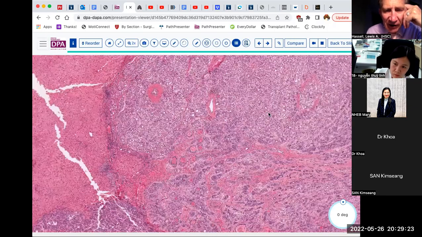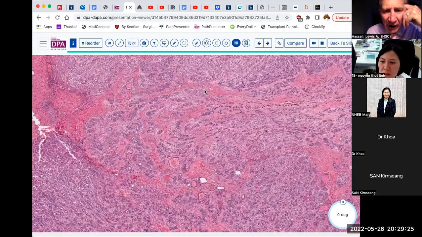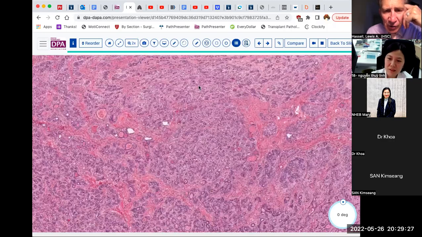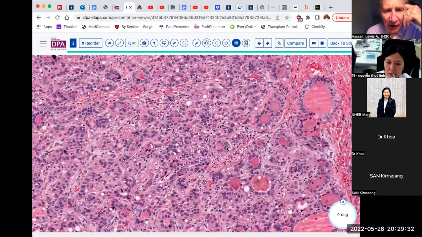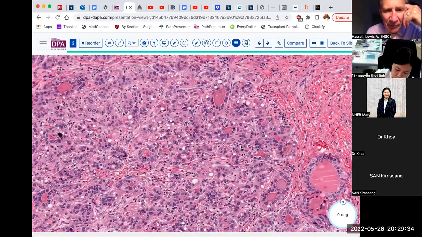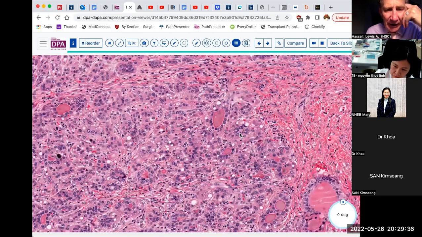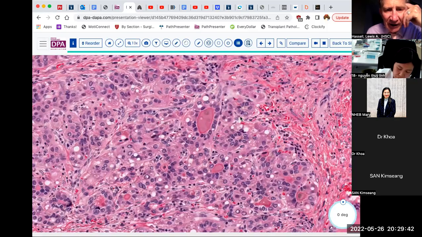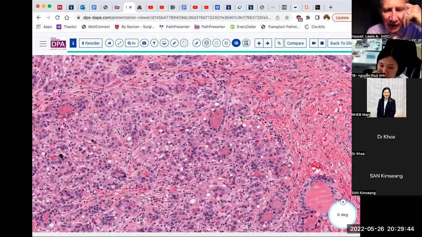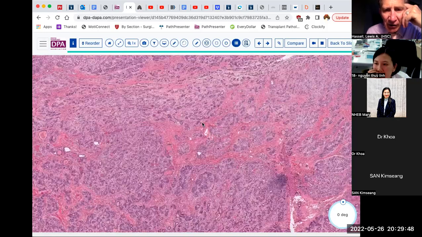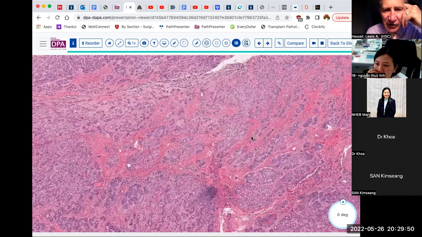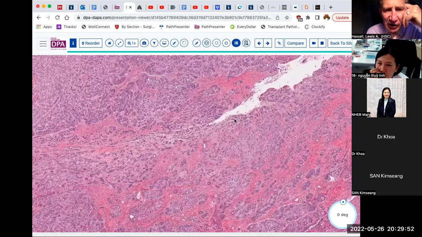And so a case like this, you might find it worthwhile to do stains to rule out the combined variant of this. In terms of prognosis, I'm not sure that the combined version is any less or more aggressive than the individual constituents. I think in general, cholangiocarcinoma is a little bit more difficult to treat surgically,